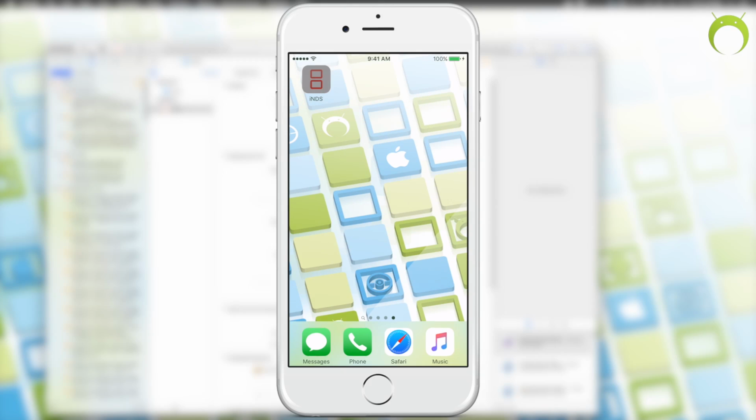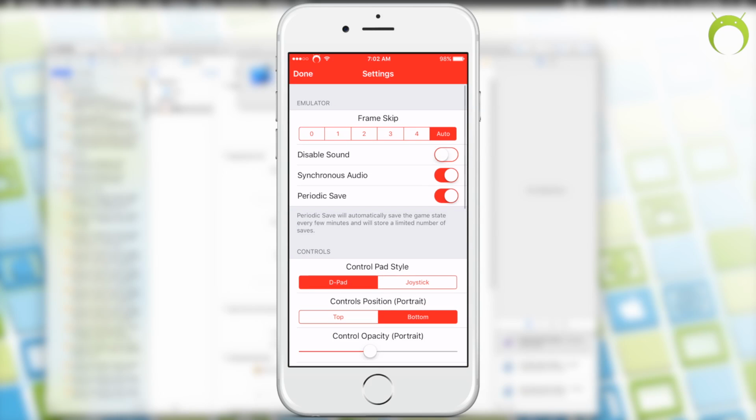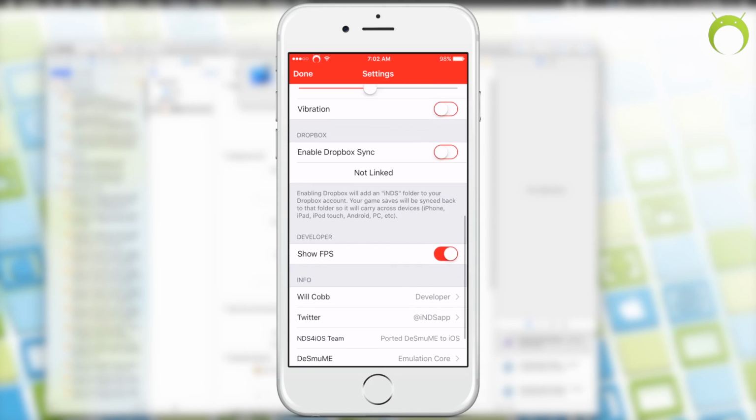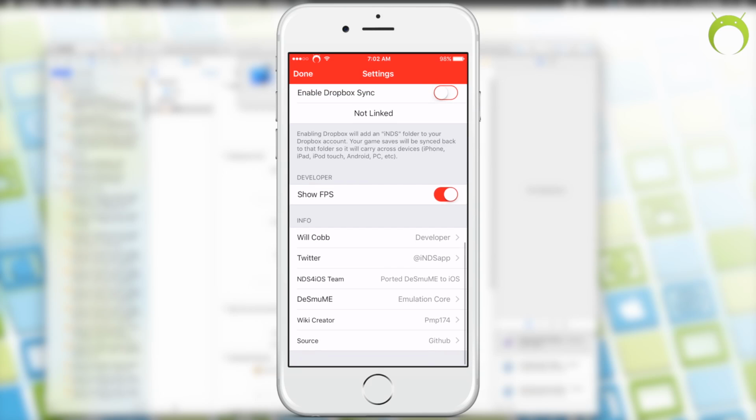But what you want to get is build succeeded, just as I did, and then you'll have iNDS on your iOS device, just as I have here, and you can go ahead and open it. If it says untrusted developer, simply go to your settings, click on general, go to profiles, and trust your Apple ID there, and you'll be able to open iNDS and use it on your non-jailbroken iOS device, including iOS 9.2